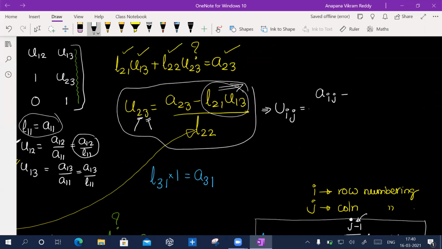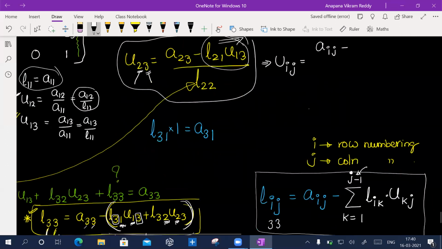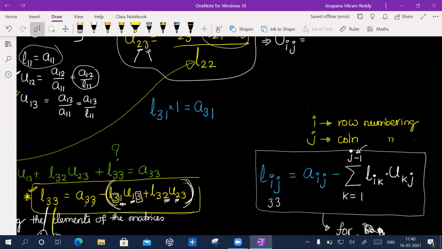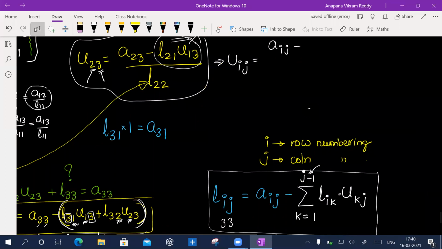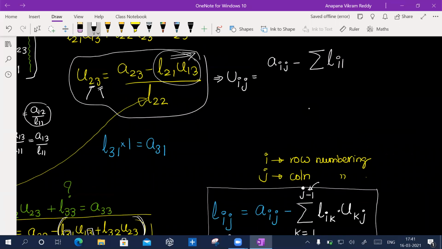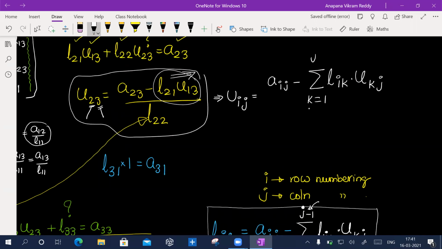Now this you have to expand. So how do you do this? One thing you have to observe: again you have the same thing, that is Lik multiplied by Ukj, where k is equal to 1 to j minus 1. So this entire stuff will stand in the numerator.